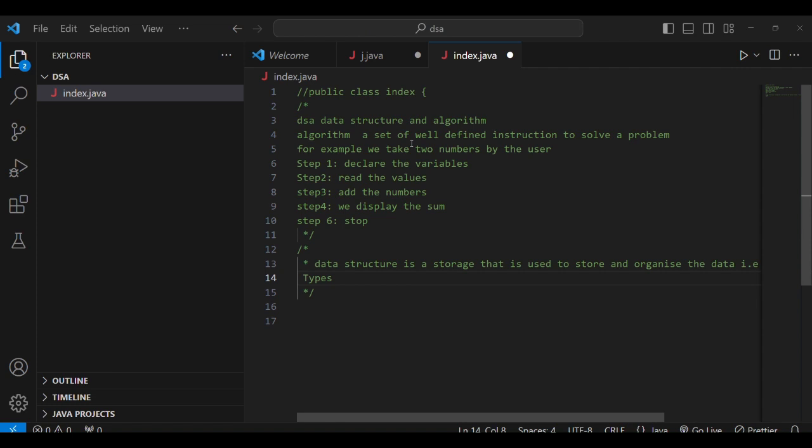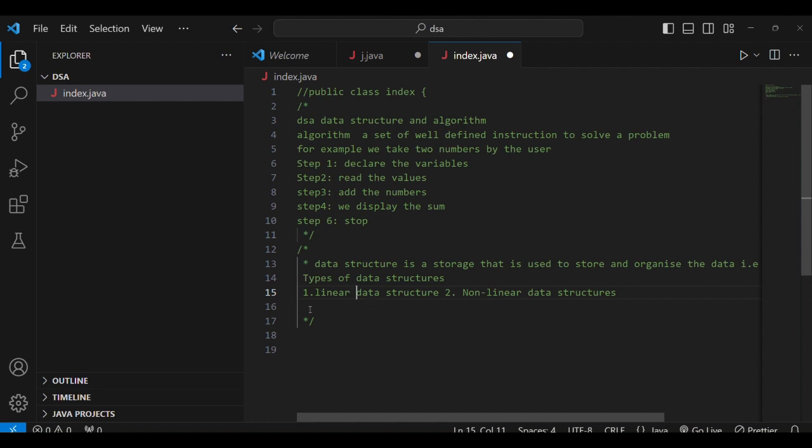Now let's discuss the types of data structures. First of all, data structures are primarily divided into two parts: linear and non-linear.